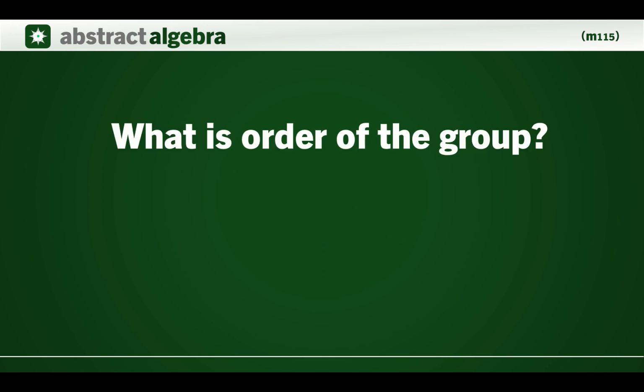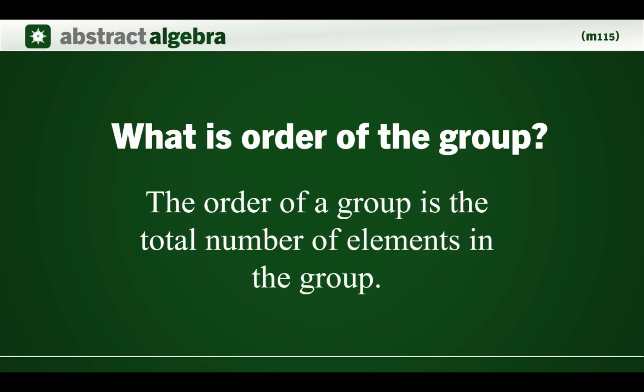But before that, let us define first what is the order of the group. The order of a group is the total number of elements in the group. This means that the order of a group is defined as the total number of elements within that group. It gives a measure of the group size and is usually denoted by the cardinality of G. Understanding the group's order is essential as it helps to determine the possible order of its subgroups.